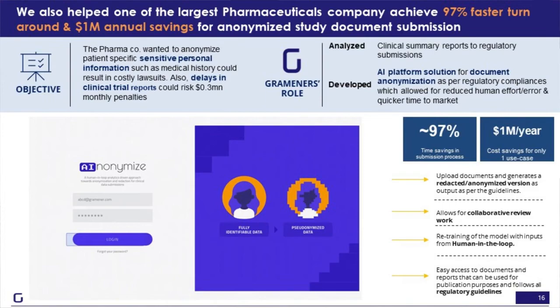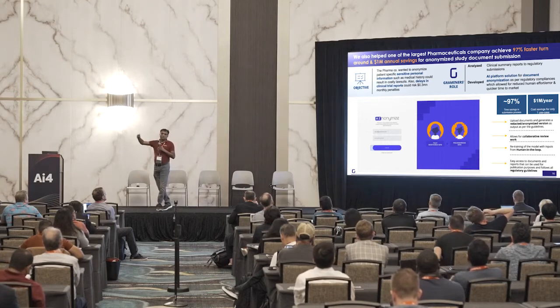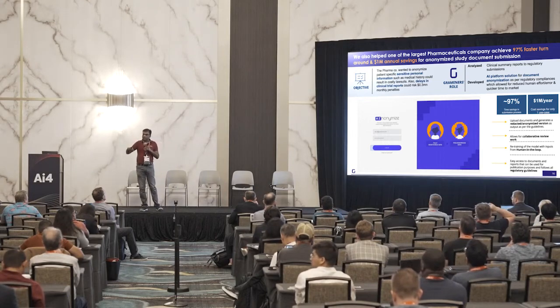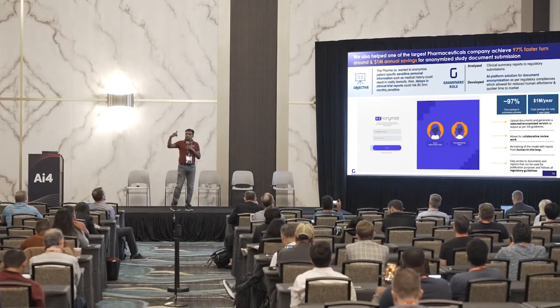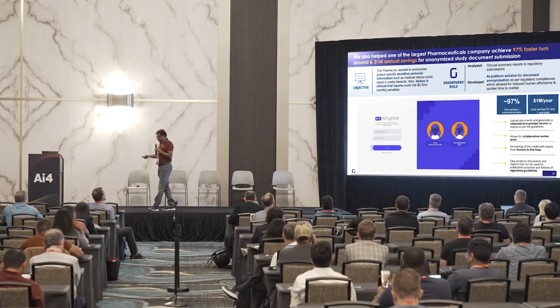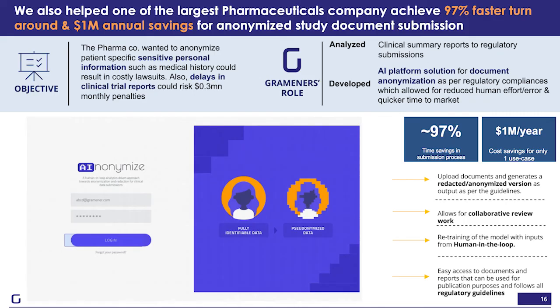So we were trying to work with one of the regulators in the pharma industry to scan almost 6 to 10 million documents and redact them, taking out the privacy information, a machine learning way of helping pharma companies file from a regulation perspective. So knock off all the PII information. It's a machine learning way with a human in the loop scenario. And we were able to see at least a 97% faster turnaround from a timing standpoint. For clinical trial operations, that is very important. But more important, can I peg down the savings? Those are some of the savings we are seeing with them.